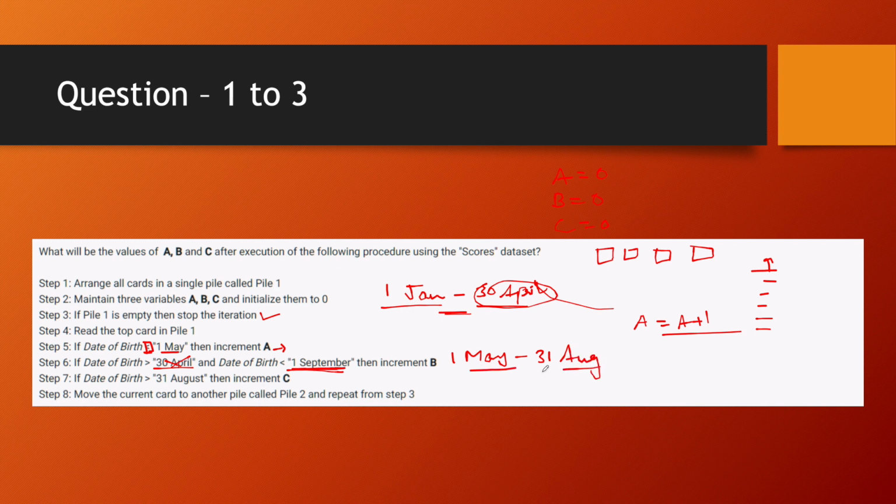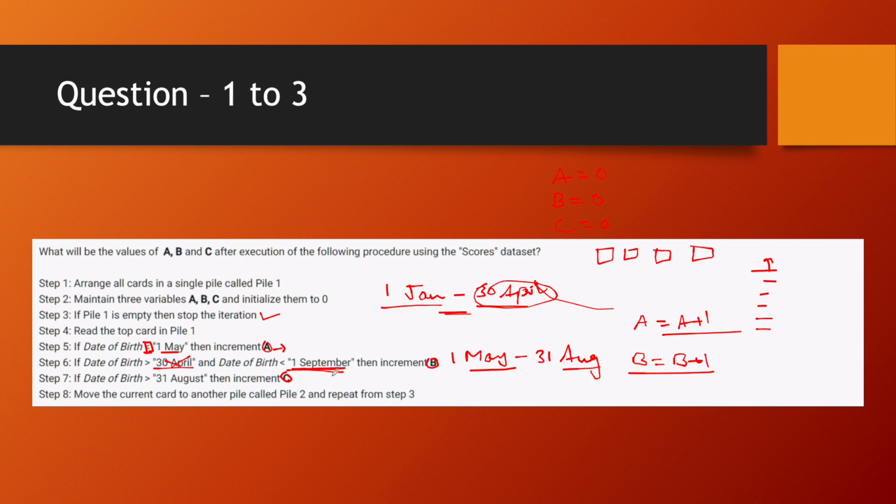So if you find a birthday that falls between the 1st of May and the 31st of August, all you have to do is increment B by 1. As you go through these steps, in each iteration you can only increment one variable, as each birthday will only fall in one of these